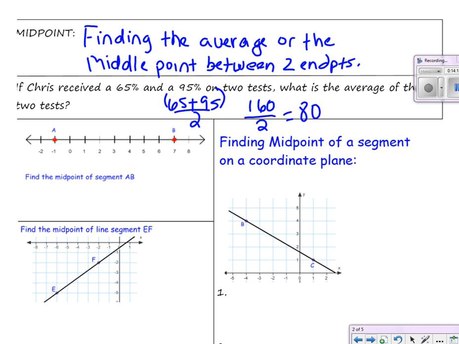Okay, so if we're going to find the midpoint of a segment, you have negative 1 here, I know it's hard to see, and you have a positive 7 here. We're going to do the same thing. We're going to find the average of those x values. So we're going to take our negative 1, add it to a positive 7, and divide by 2. So we're going to get a 7 plus a negative 1, which is 6, divided by 2, which is 3. 6 divided by 2